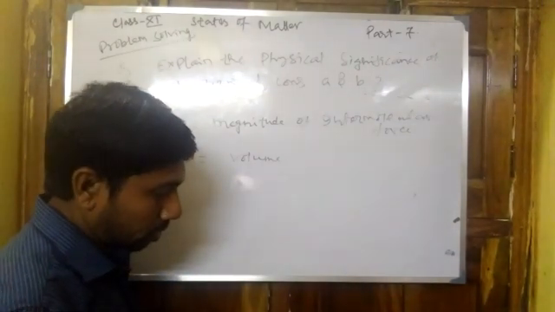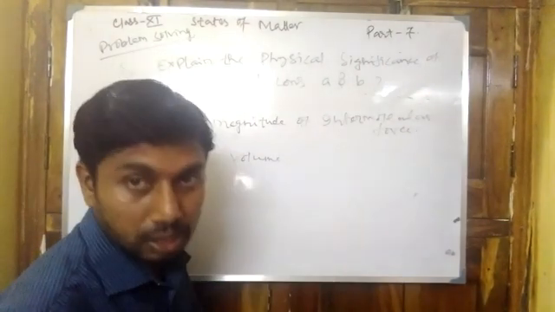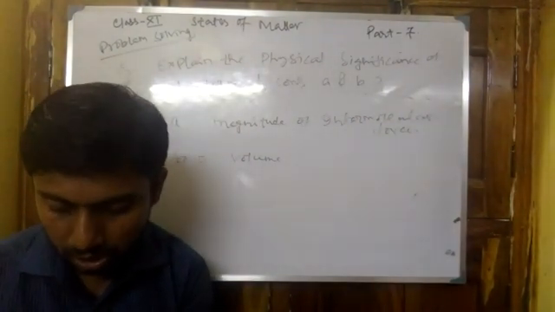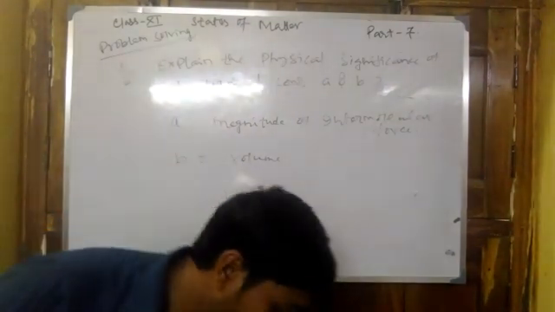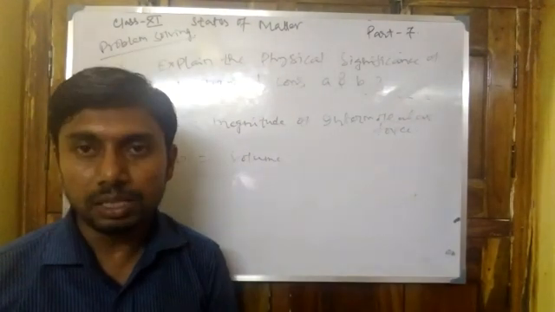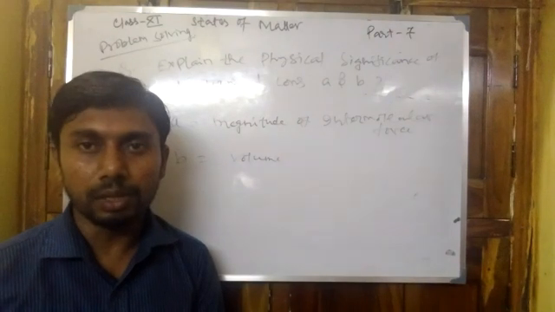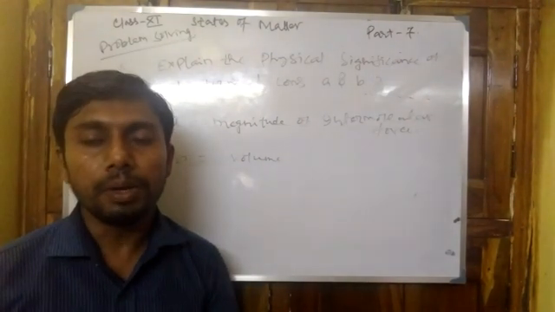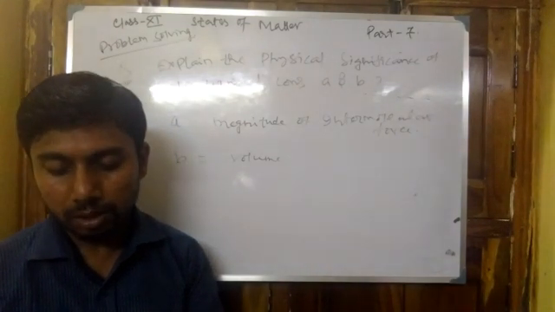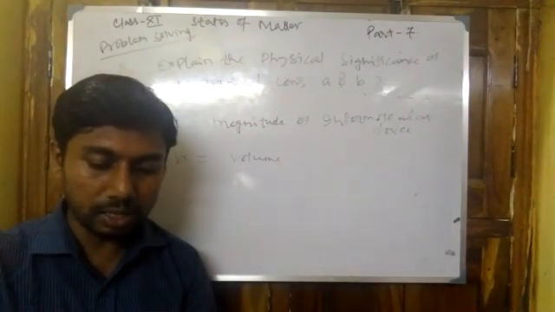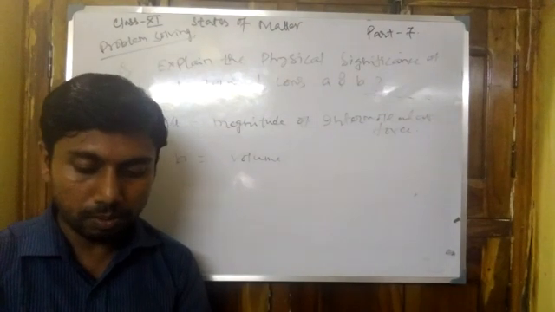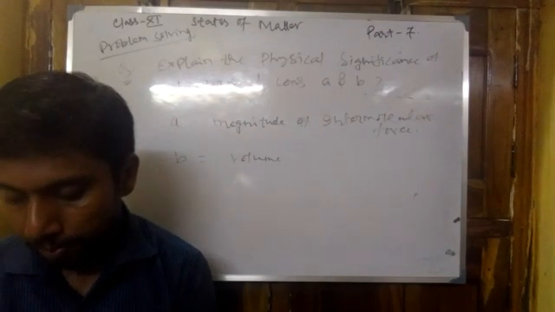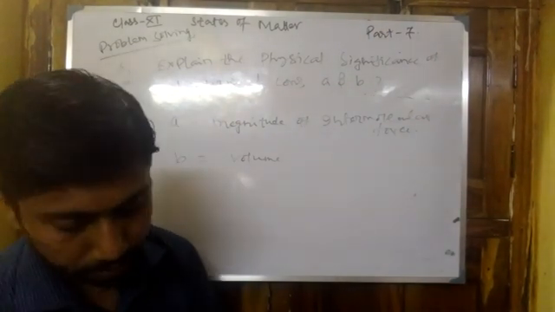Next question: what is the SI unit of viscosity coefficient eta? So viscosity coefficient eta can be defined from the equation, where F, the force between the two layers, is equal to eta A du by dz. Now du by dz is the velocity gradient and A is the area. Now using this equation we can calculate the value of eta.